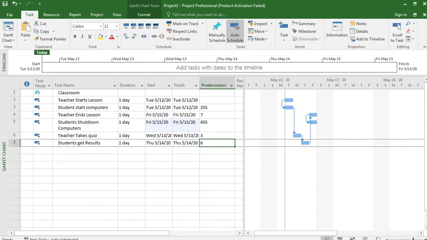So these are the scheduling techniques we use. This is one day by default. We can use minutes also.